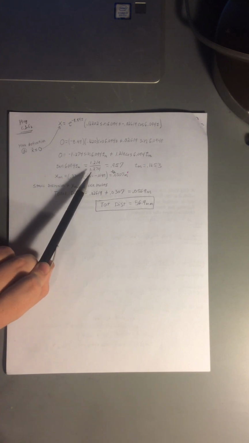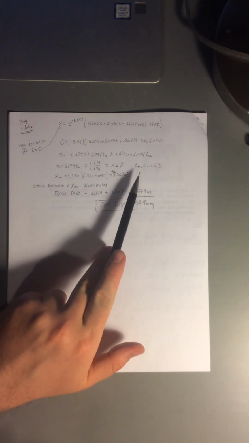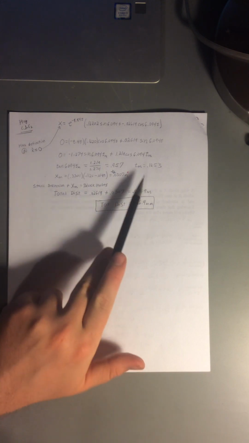Basically we're plugging in the 0 and then simplifying this equation down by multiplying things through, and then we know that tangent is sine over cosine, so we can divide those across and solve for our time t. Then by taking the arctangent of this right here, we can find out that the time at max deflection is